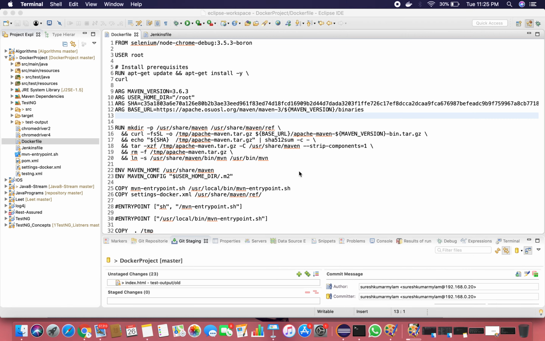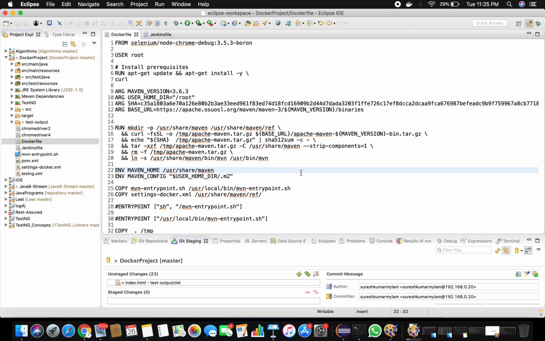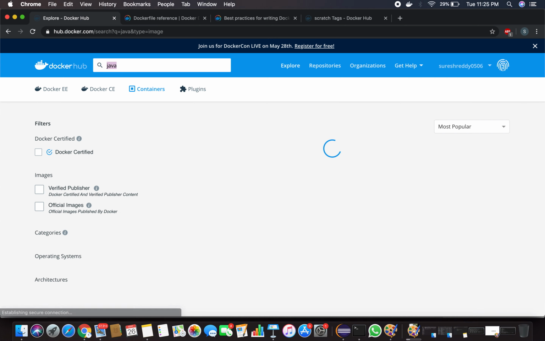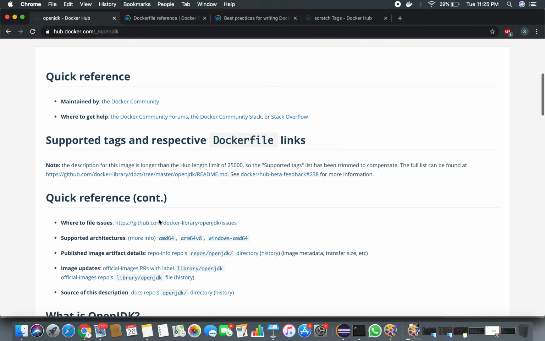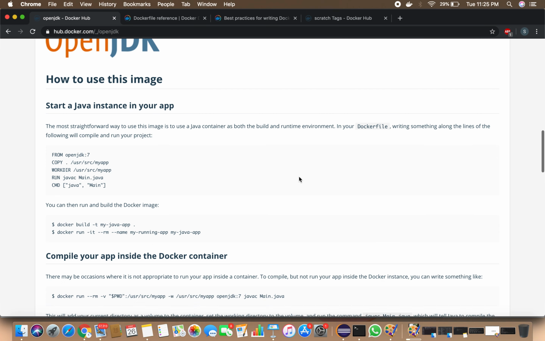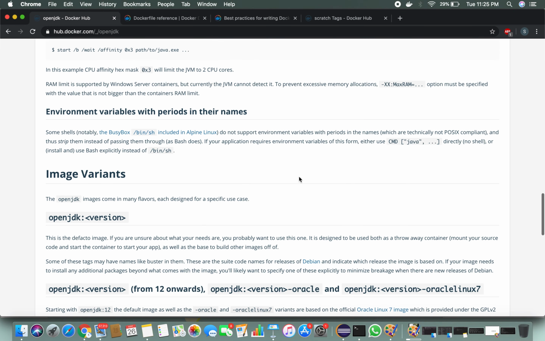If we know how to create our own Dockerfile, we can build our customized image and we can run our automation suite, or you can deploy your application. So this is so flexible and easy. If you want to install something, some Java or Maven, you go here, you can search for Java, and you can click on Java. You can go for some references and Dockerfile. Let me show you from where you can go.